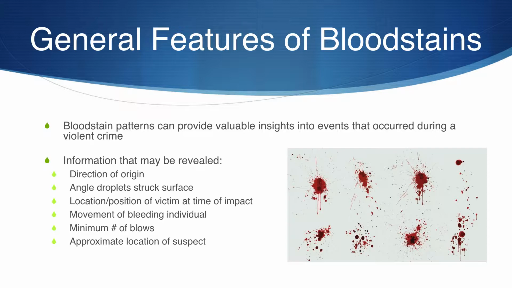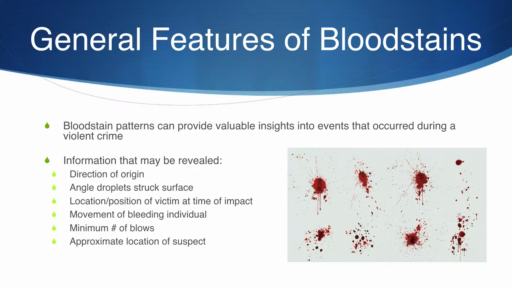Whether the blood patterns are deposited on the floor, the walls, bedding, or any other relevant objects, it can provide valuable insight into the events that occurred during the violent crime and add to the reconstruction process. The crime scene investigator must remember that the location, disruption, and appearance of bloodstains and spatter may be useful for interpretation and reconstruction. And so they need to make sure that they preserve the crime scene and the blood spatter to the best